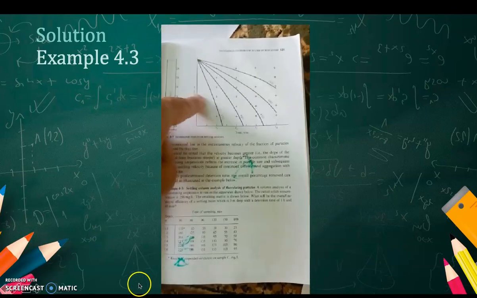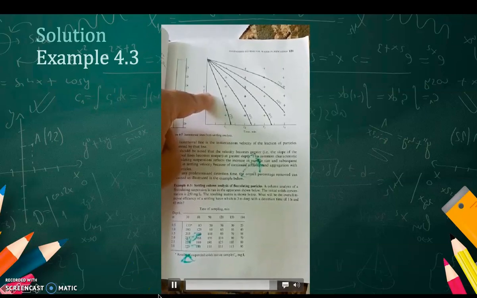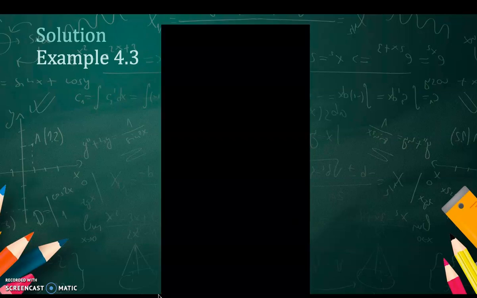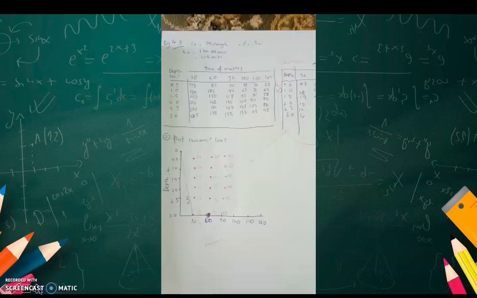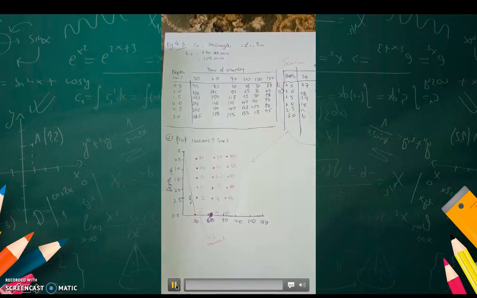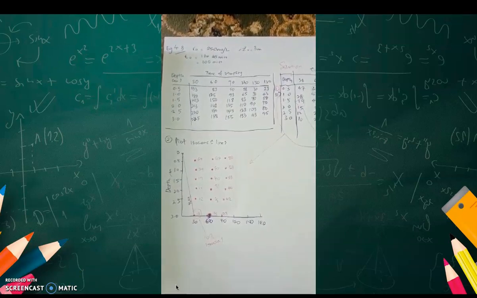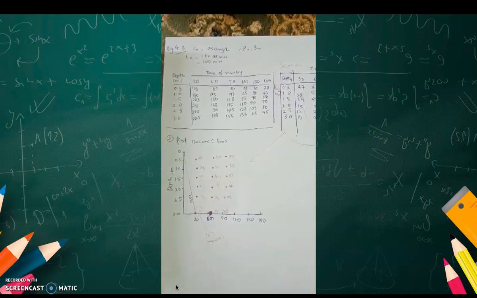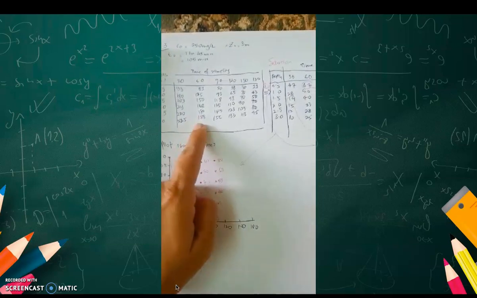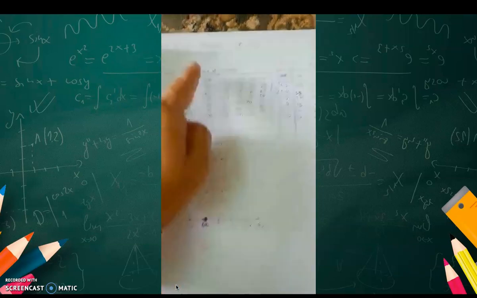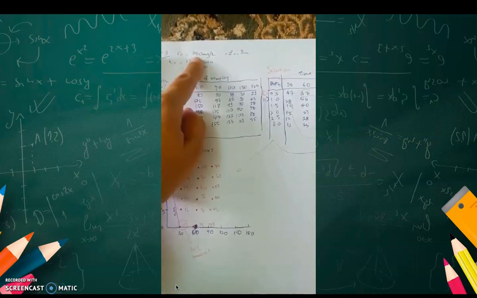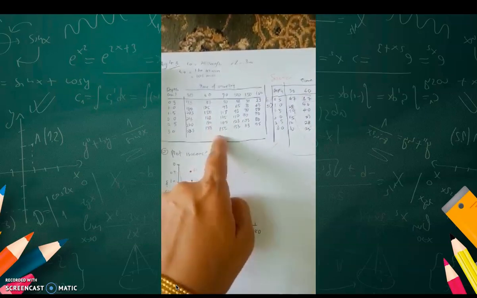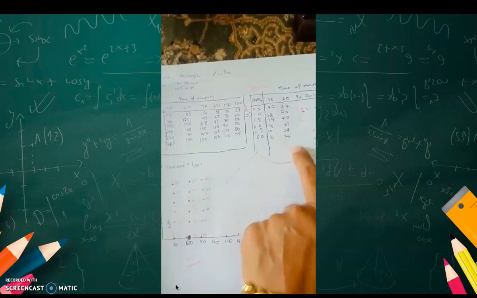In order for you to plot this, you need to convert the data in the table into other data. I've already done half of it, halfway lah, then you will solve the rest. So this was given in the example, with retention time 105, C naught is 250, and the depth is 3 meter. So you need to convert this data to this data in order for you to plot